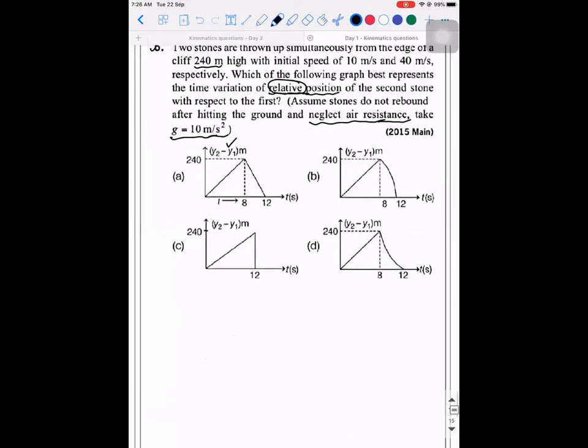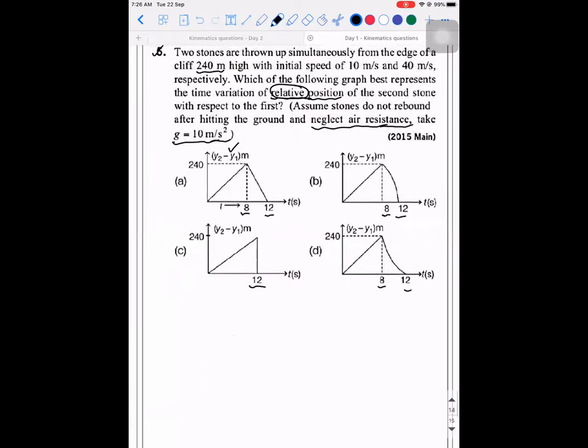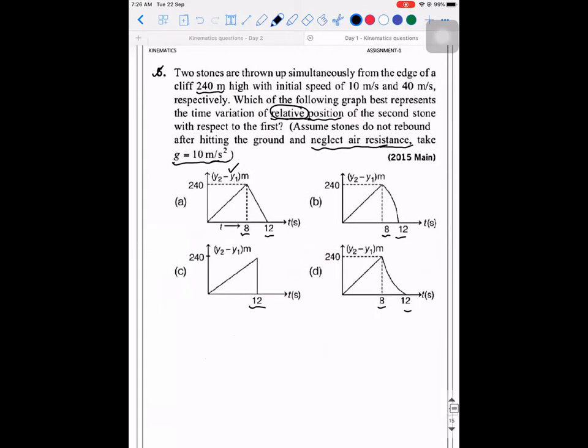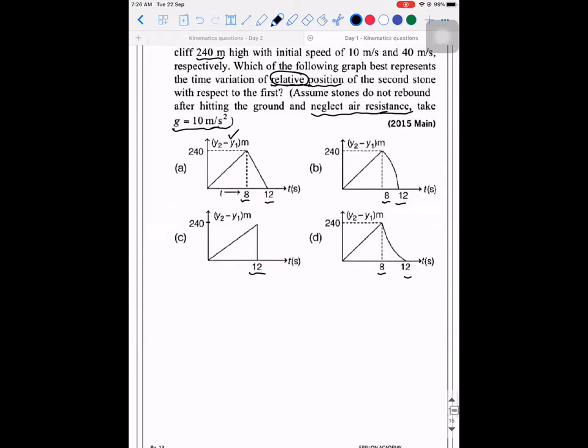Here, since numbers are involved, especially this 8 and 12, we need to understand what this 8 and 12 is. So here also, if you observe, it is a condition where the object is traveling in the upward direction. It is a vertically upward direction. Am I right? When that is the case, even before we find the relative displacement, first we need to understand the displacement of the individual particle. So y2 represents the displacement of the second particle as a function of time. y1 represents the displacement of the first particle with respect to time.